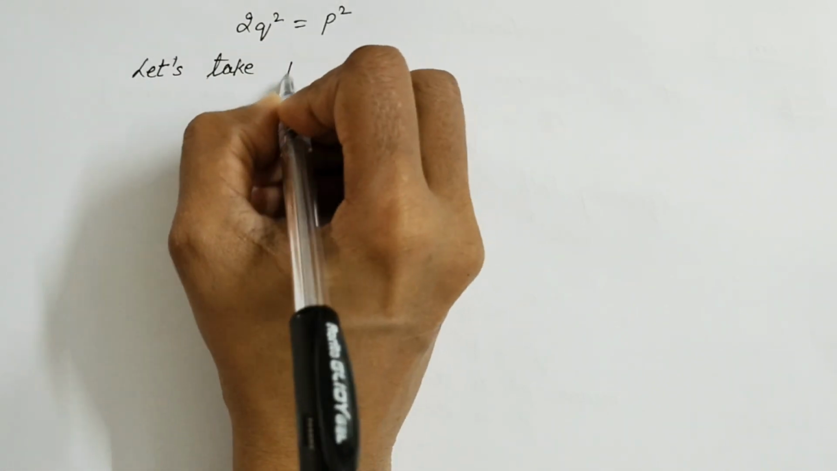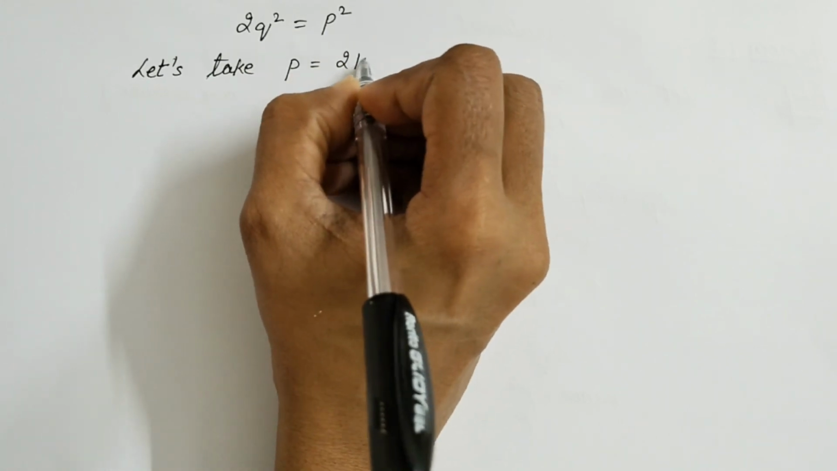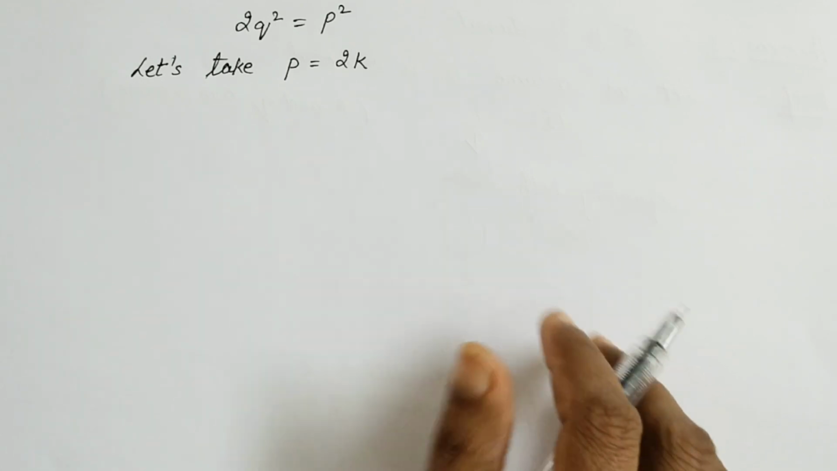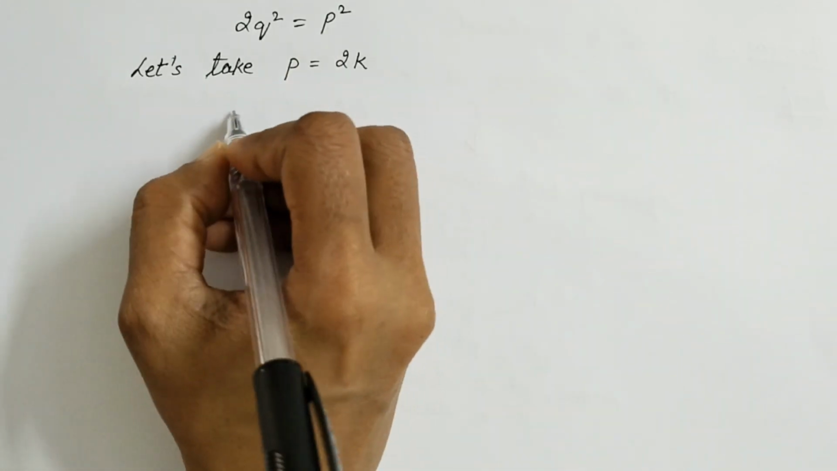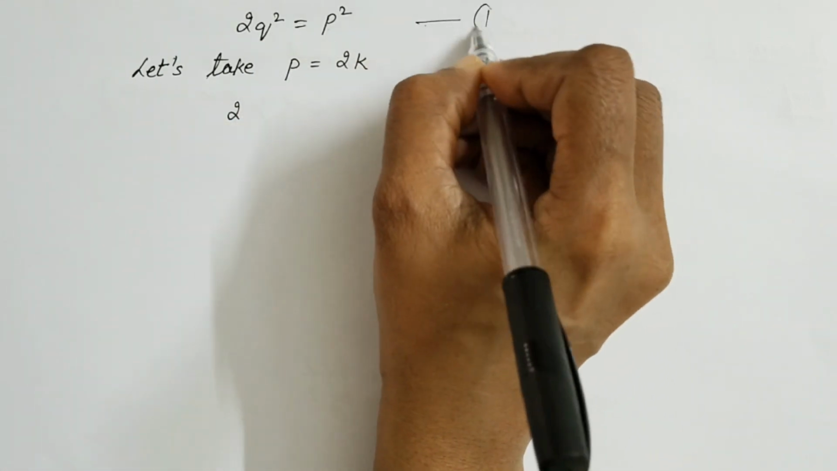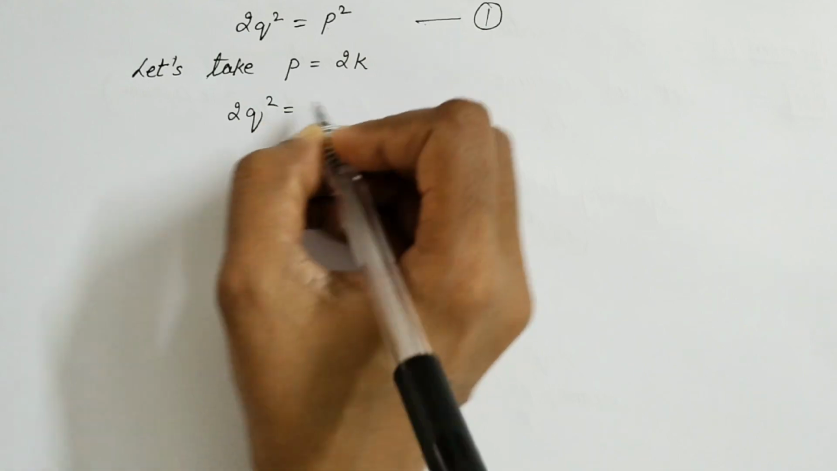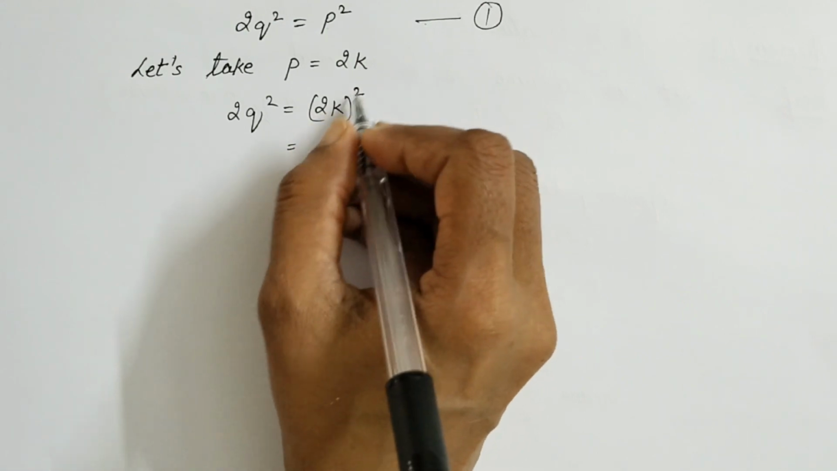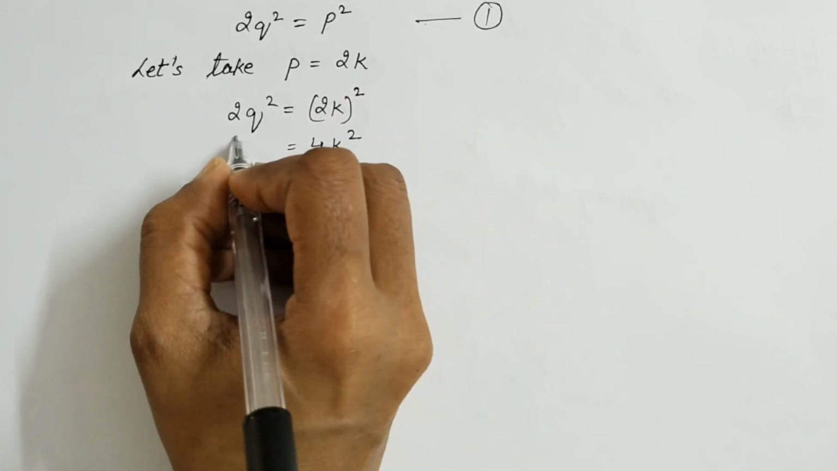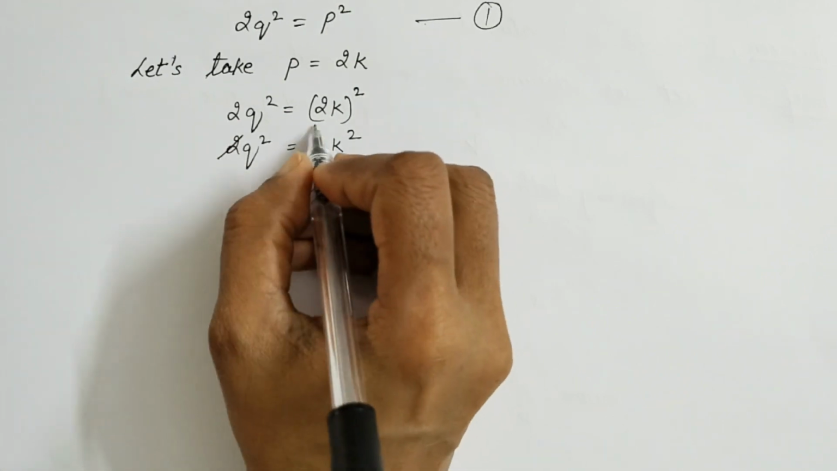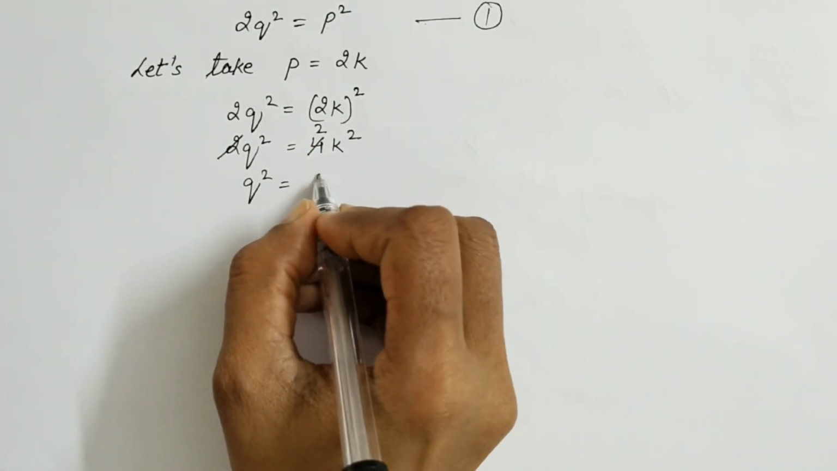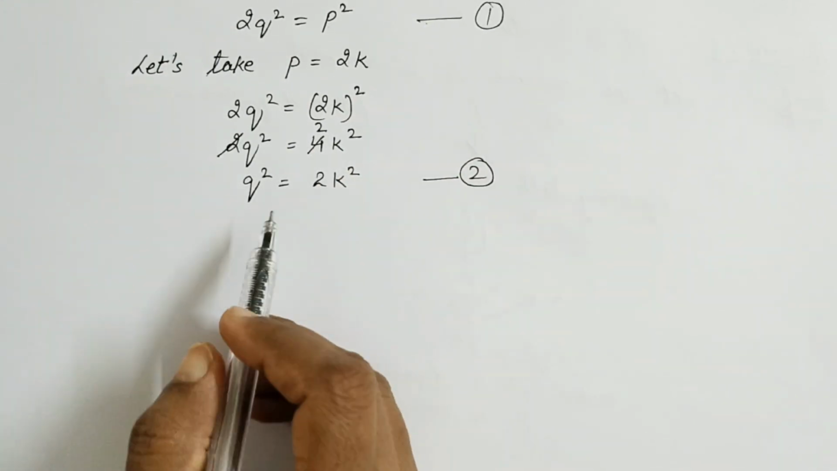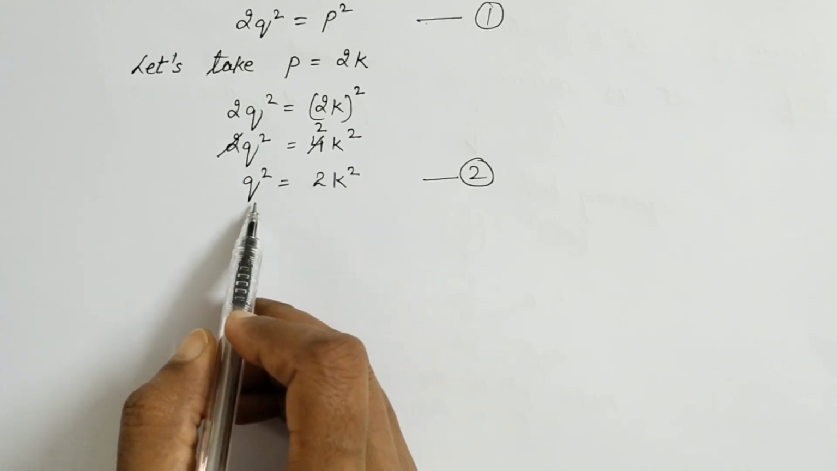Let's take p is equal to 2k, because p is divisible by 2 or p is a multiple of 2. So I'm assuming that p is equal to 2k. Now put the value of this here. P is equal to 2k. It becomes 2k square, means it will become 4k square. Now cancel this out. Now you can say that q square is equal to 2 into k square,